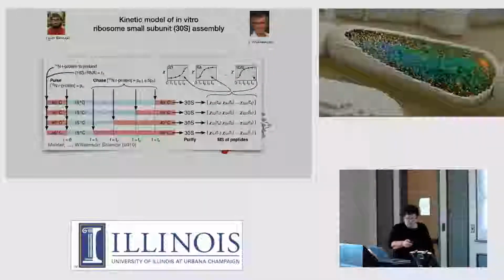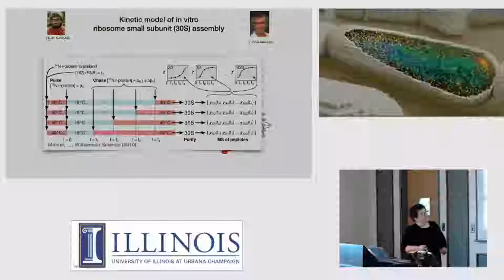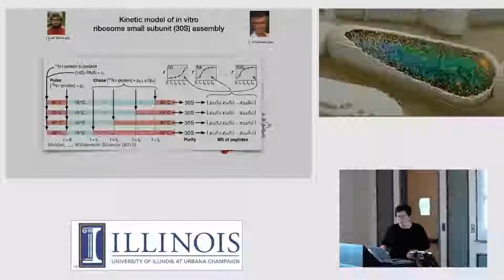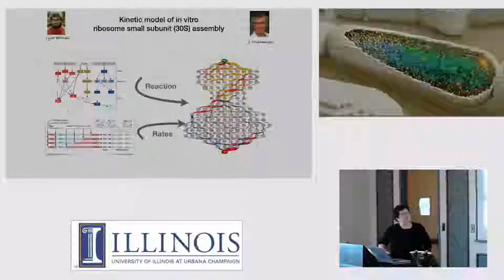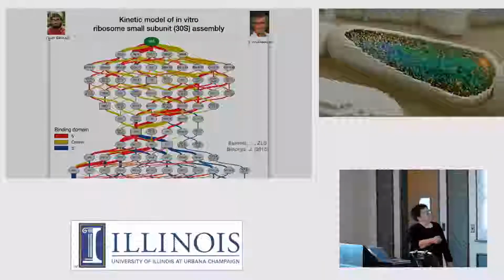Here are the pulse chase experiments. Let's say he added all of the primary proteins, and then he would chase with a different isotope and then add in, say, the secondary proteins. And then he'd get from that a time course of how long it took those proteins to bind completely to the ribosome. We took his data and made an assembly map that you see over here, starting with the naked rRNA,